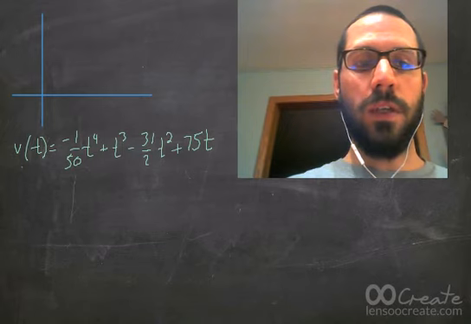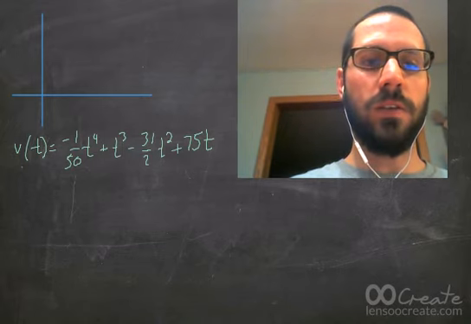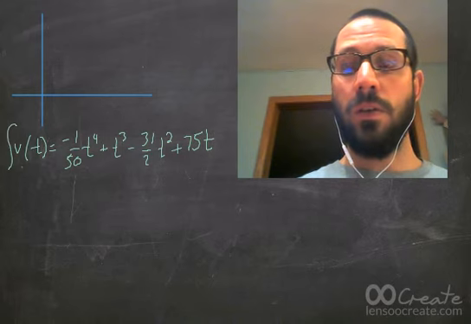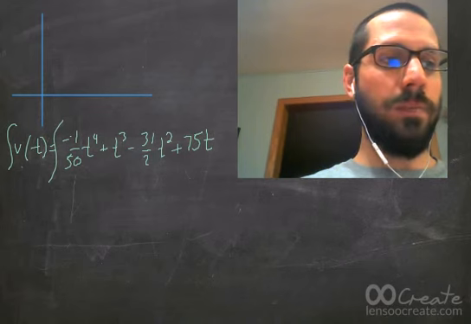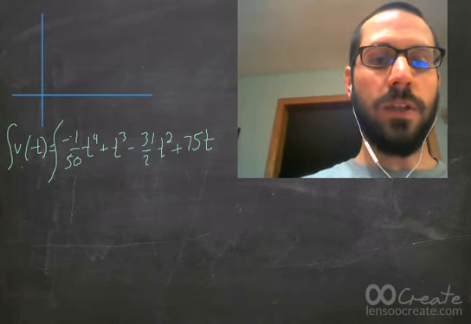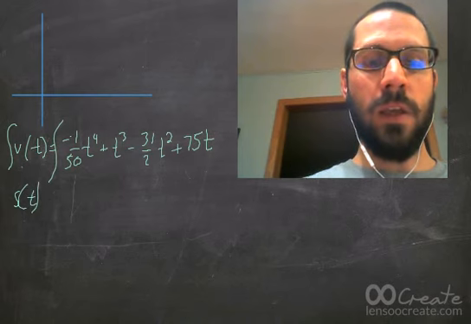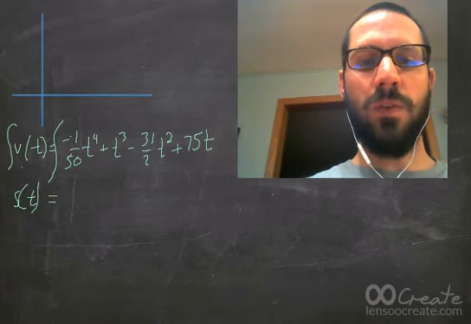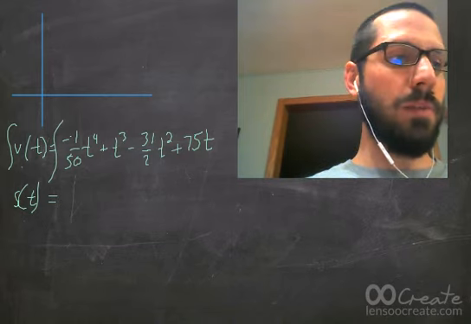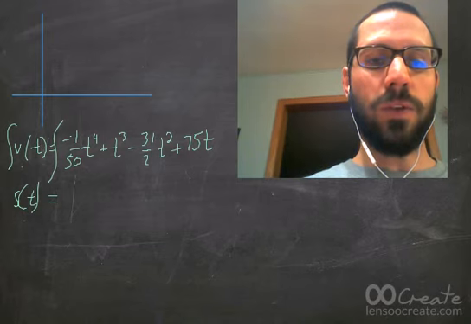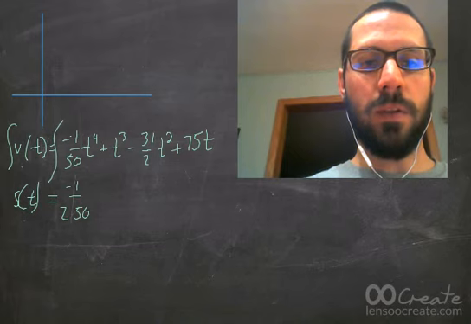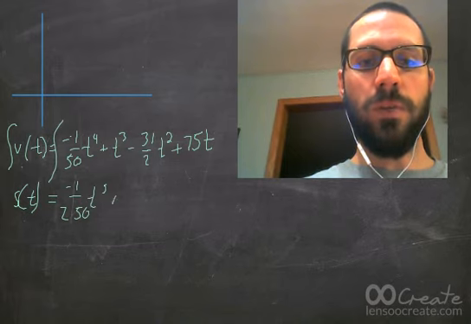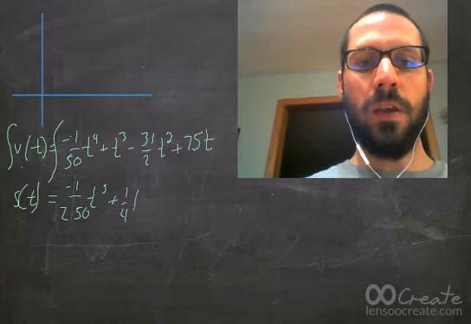So if this is his velocity, we would integrate to find his distance equation. So the integral of velocity is, and they ask us to call it s of t, or we might call it d of t, negative 150 times t to the fifth divided by 5, so that's going to get us negative 1 over 250. This is just power rule, add 1 and divide,